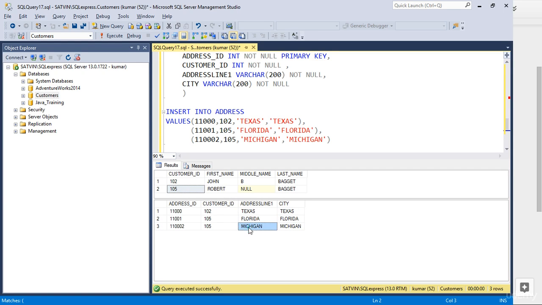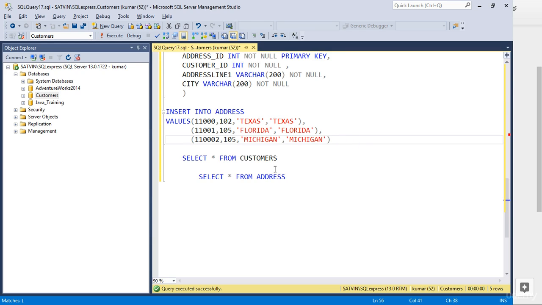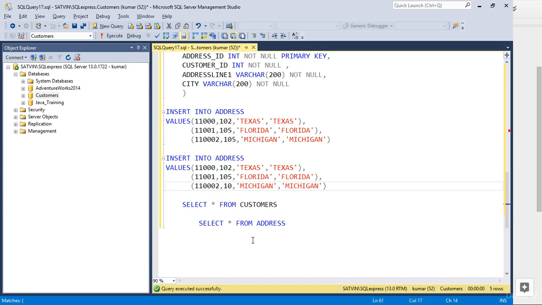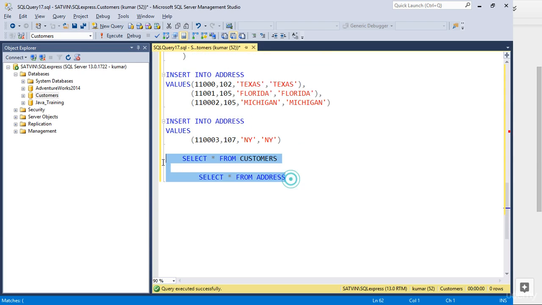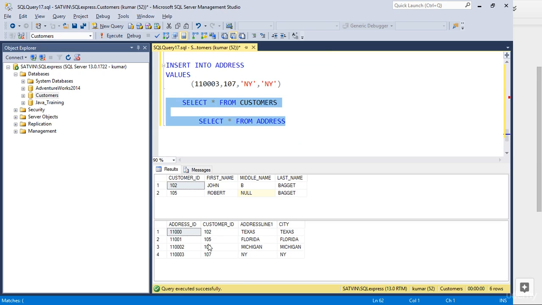One address is in Florida and the other address is in Michigan. Okay, all looks good. But then let's say I try to insert another address, 107 and 1103, and then I would say New York. Okay, it takes it happily, and then if I look at the data, you can see